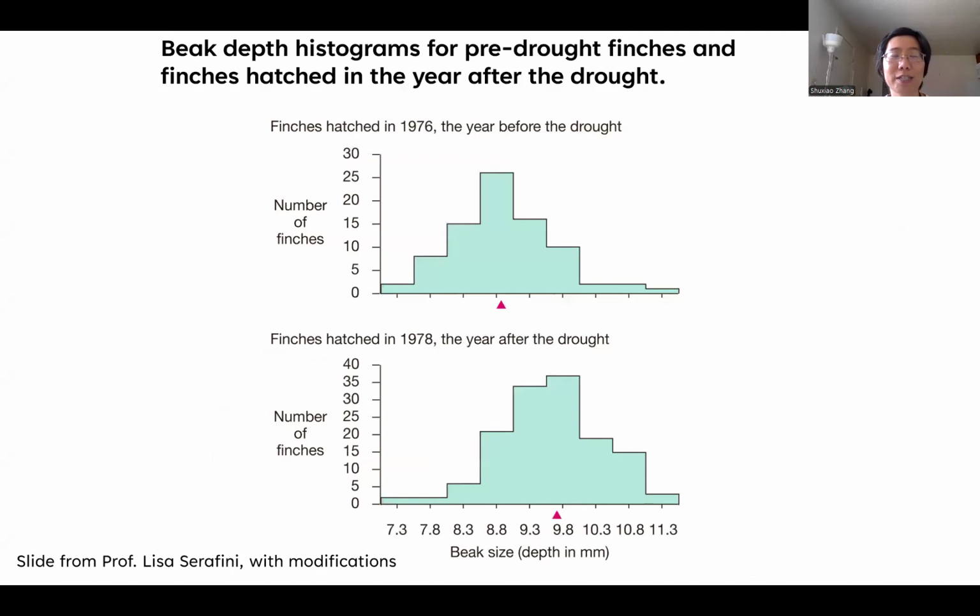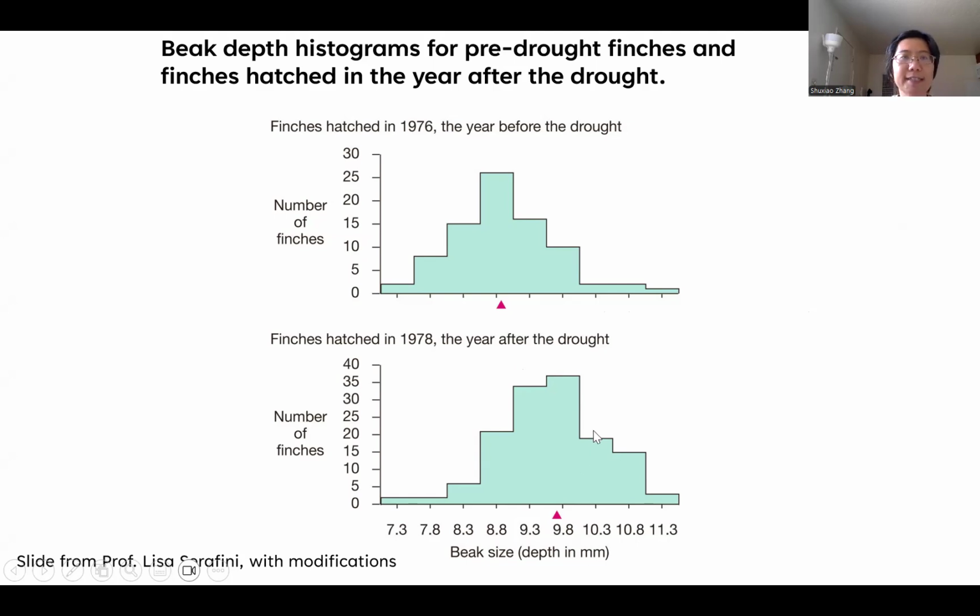And here is what the result of the study looks like. So here is a measurement of the finches in 1976 before the drought. And here is the number of finches in the years after the drought. And on the x-axis is the size of the beak. And you can see with drought, there is a shift such that there are more finches with bigger beaks after